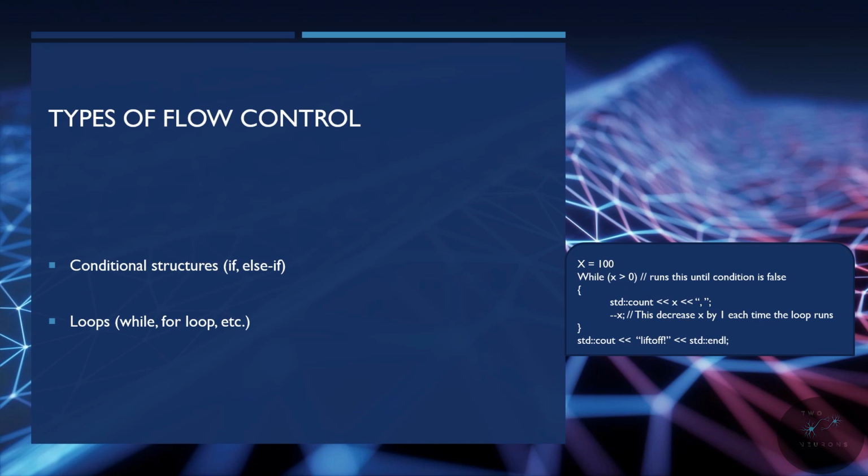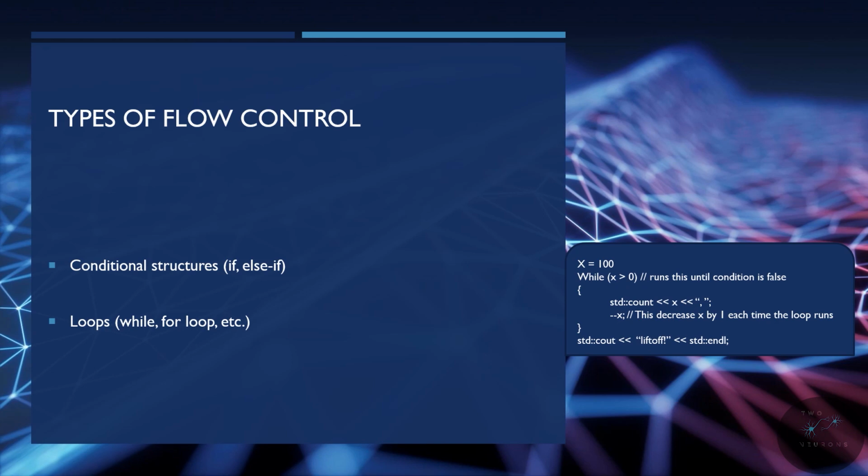So this is going to run until x is 0. It will run what's in the curly brackets, so it'll print out x, a comma, and then it will remove 1 from x. So each time this runs, it'll print 100, remove 1 from x, check is x still larger than 0, it's 99 at this point, so print 99, comma, remove 1 from x, it's now 98, 98 is still larger than 0, it'll print 98, comma, make it 97,